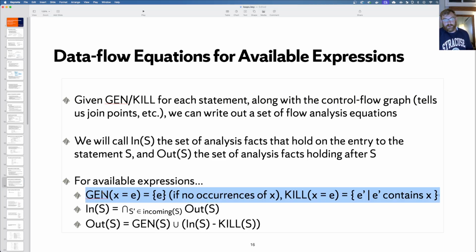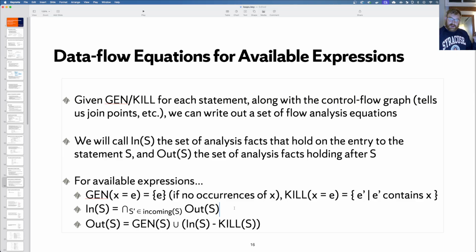So for available expressions, just to write it out formally, gen of an assignment yields E, the singleton set, which is the expression that was computed, assuming there are no occurrences of X in E, right? Because you don't want to kill something that you just generated. And then an assignment to X kills any expression in the program that contains X. So that's gen and kill.